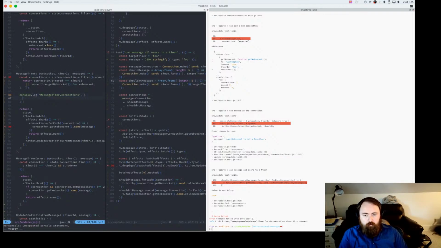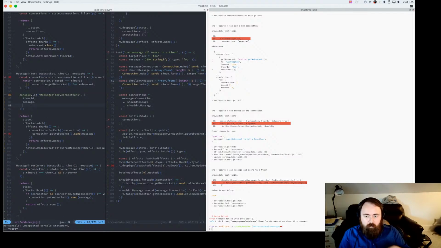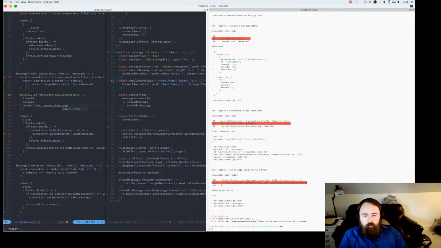So we're gonna report things like timer ID. We want connections, but we're gonna have to map this out, otherwise it's gonna try and dump out all the WebSocket information. That's gonna make this pretty useless. So we're gonna say connections map connection.